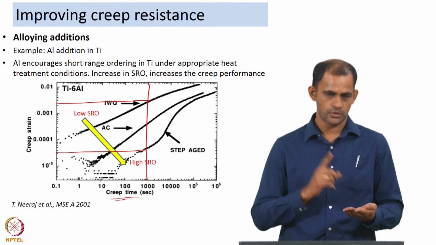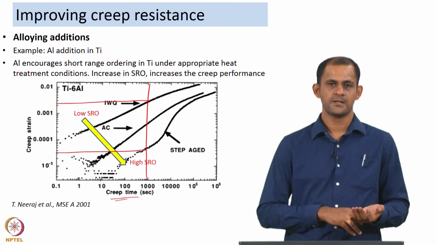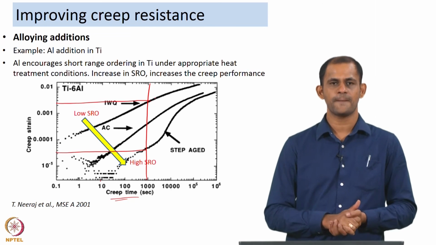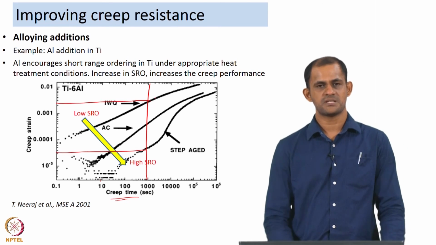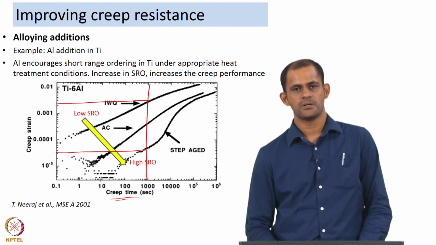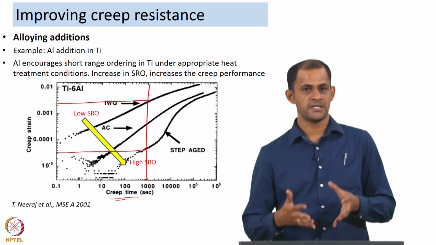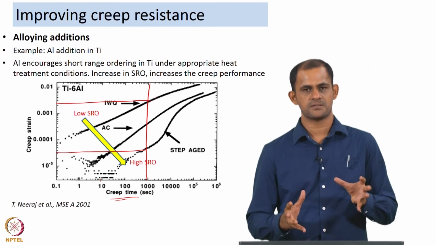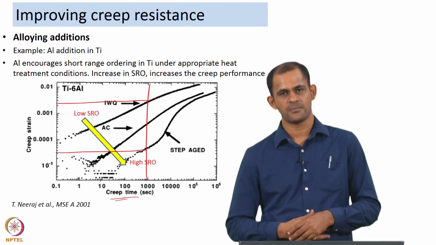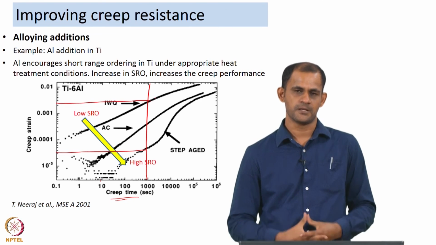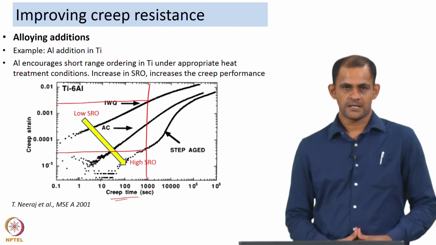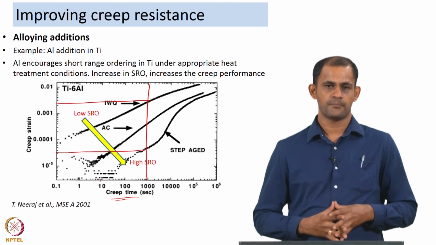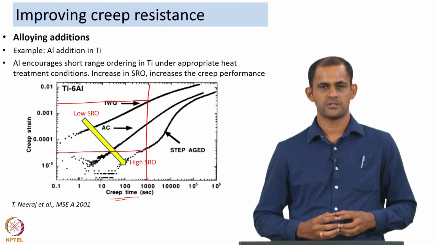We spoke about the role of grain size, the role of microstructure, the role of elastic modulus, the role of stacking fault energy, and then alloying additions. So, these are many different approaches by which people, either separately or in combination, can play around with these factors to improve the creep performance of a material. So, with that I conclude the lectures on creep deformation of materials.